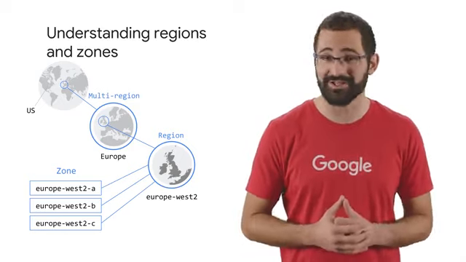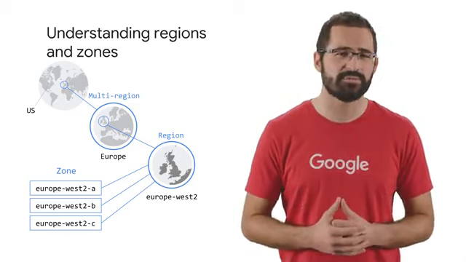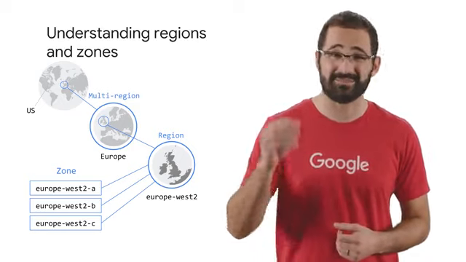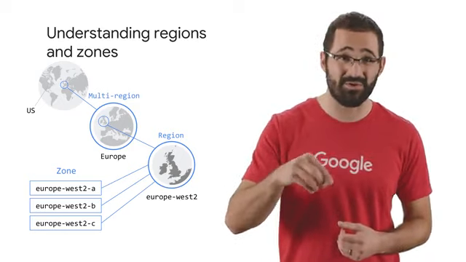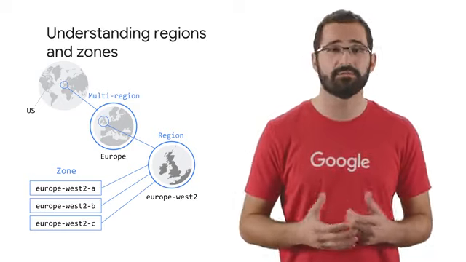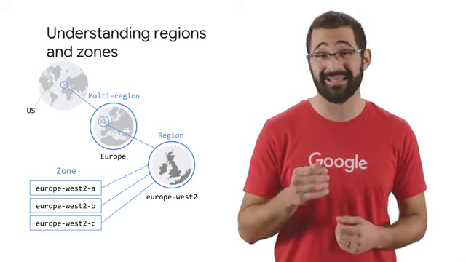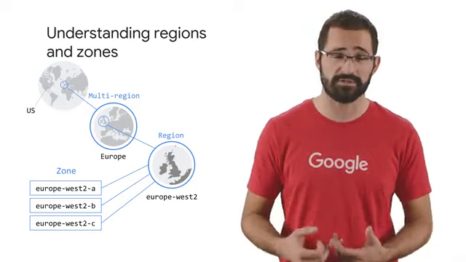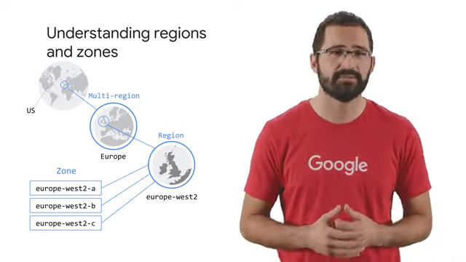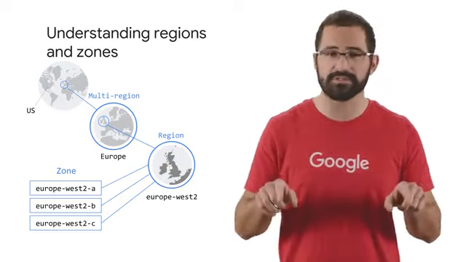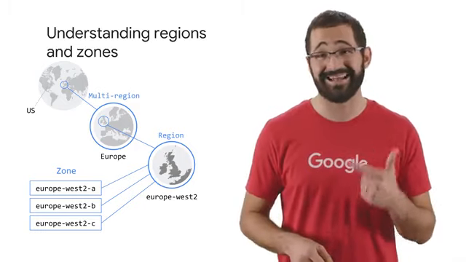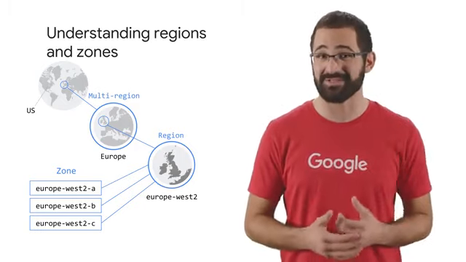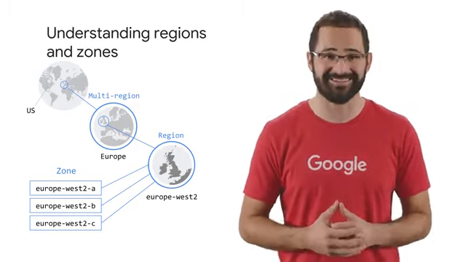Now, we mentioned Compute Engine earlier. Compute Engine virtual machine instances reside within a specific zone. If that zone became unavailable, so would your virtual machines and the workloads running in them. And GKE uses Compute Engine, so your GKE workloads could be affected as well. Deploying applications across multiple zones enables fault tolerance and high availability. And in this specialization, we'll learn how to do exactly that.